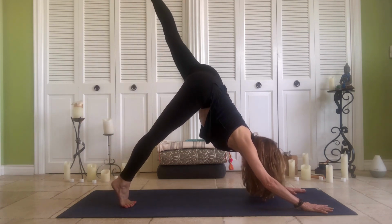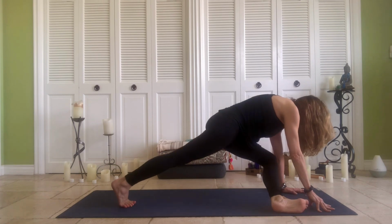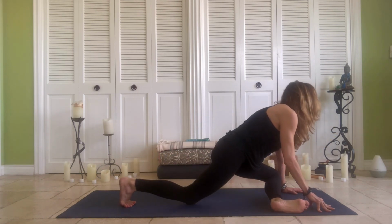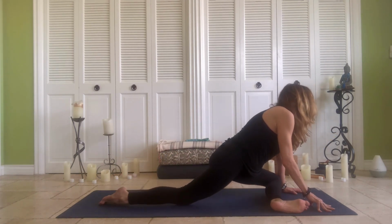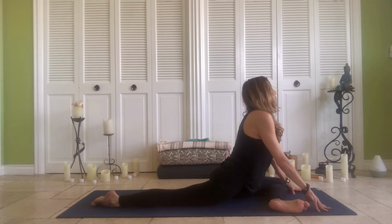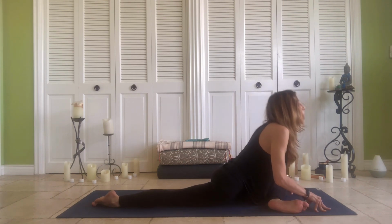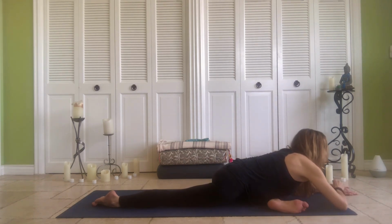Inhale, left leg lifts. Bend your knees, slide your shin forward, left foot to the right side of the mat. Now release your right shin down, flatten your right foot, and then release your left shin down, walk your right leg back. Inhale, come to the fingertips, arch back, and exhale, release into pigeon pose, finding again a comfortable spot